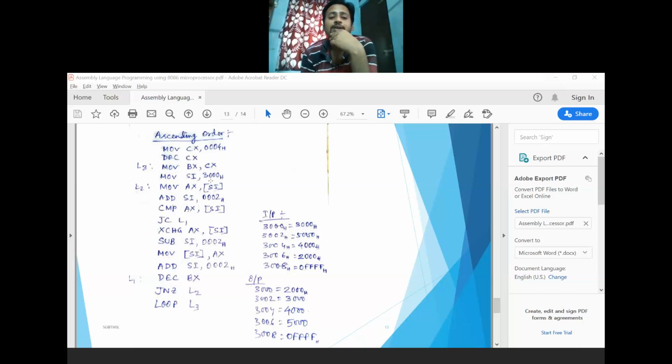Now MOV SI, 3000, the first memory location, which is initialized by the SI register, 3000 in this case, and from this 3000 memory location the first data byte will be saved into the AX register. Then, to get the second data byte, you need to add 0002 to this so that you can select the second data byte and compare them with each other.